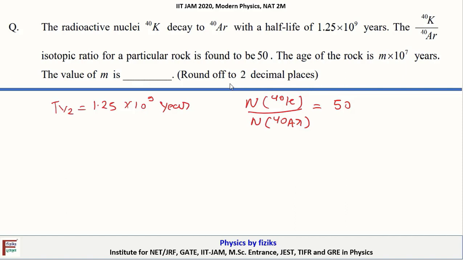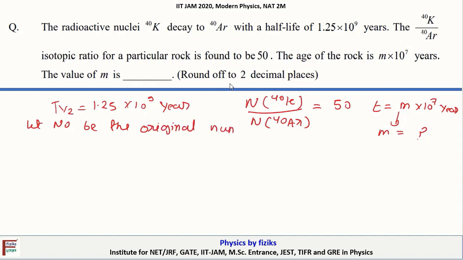The age of the rock is, time period would be m into 10⁷ if we solve it. Then what is the value of m? That is the question. Now let N0 be the original number of nuclei of